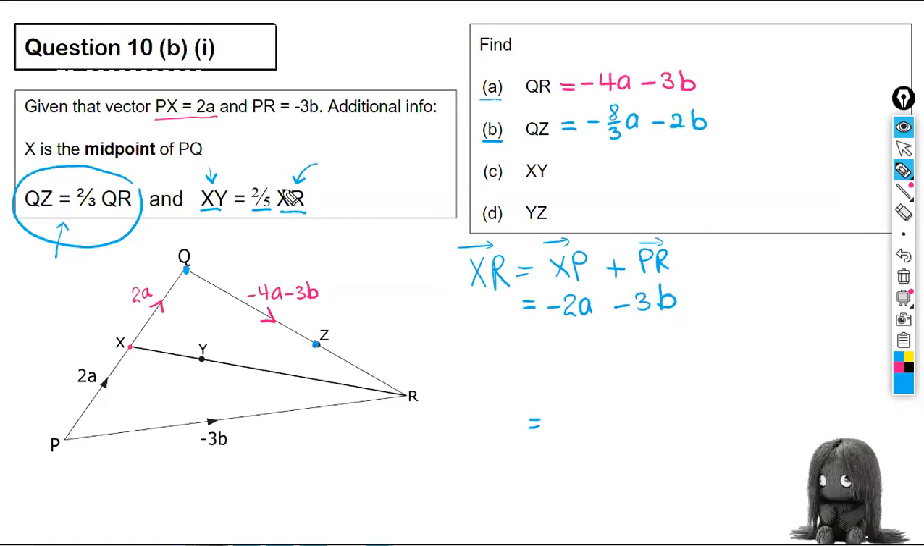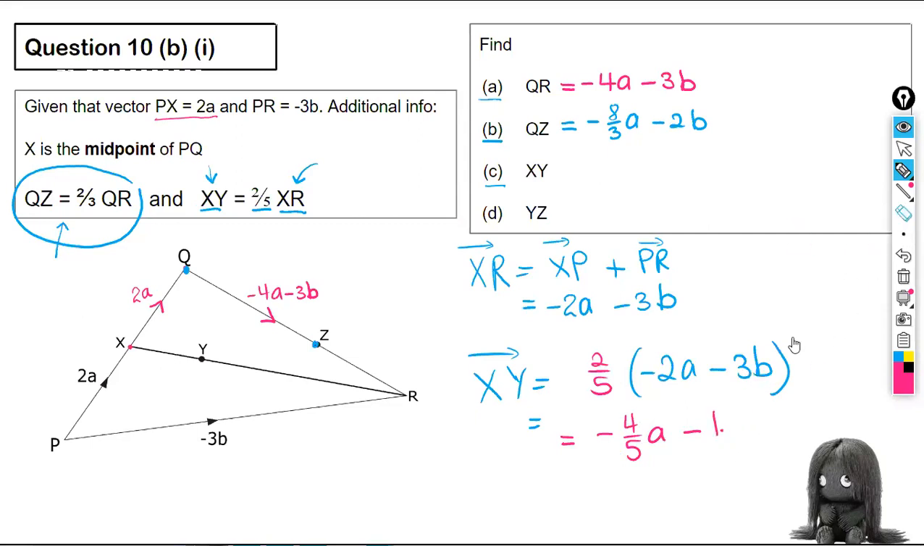So we have XR. To find XY, which is what the examiner is asking us for, all we have to do is take the value for XR, which is minus 2A minus 3B, and multiply it by 2/5, because that's the relationship the examiner gave us. So over here, you're going to get 2/5 multiplied by minus 2, that's minus 4/5. So minus 4/5 A, obviously you put it in decimals, that's 0.8. And this one here is 2/5 by 3, that's 1.2B, or